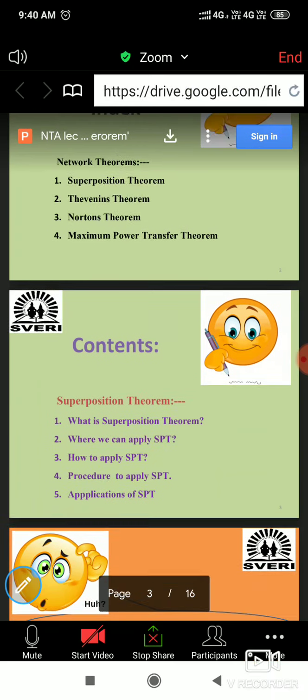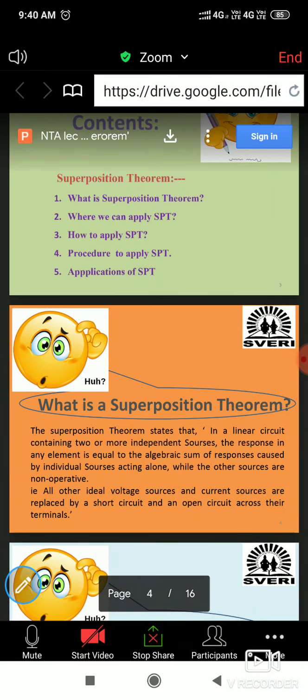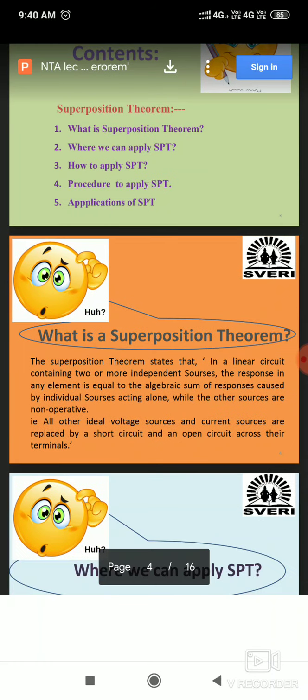Now in the last lecture we started the first theorem, the superposition theorem. If you refer to the university question paper of this subject, NDA, each and every time a 4 to 5 marks question will be there based on the superposition theorem. Every year, every exam, there will be a problem based on the superposition theorem. So we have to focus more and more on how to apply the superposition theorem to solve network problems. This is about the weightage in the university question paper.